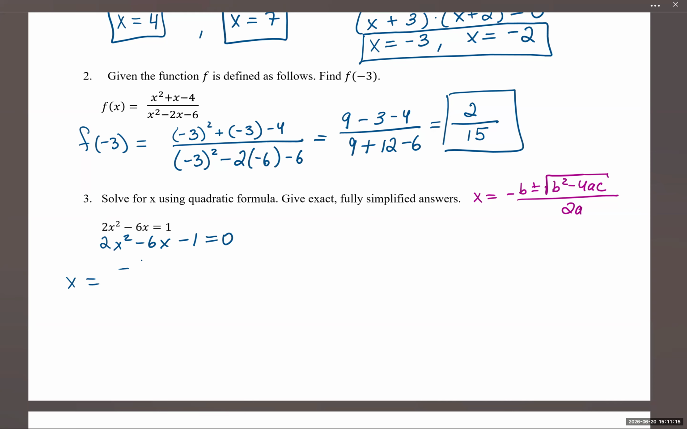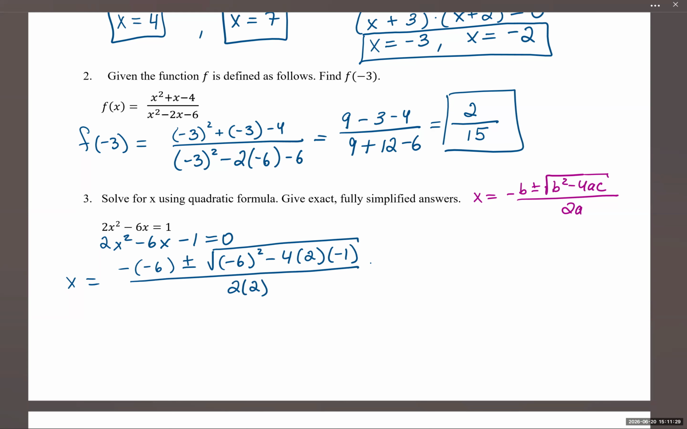B is negative 6, so that's minus a minus 6 plus or minus the square root of negative 6 squared minus 4 times 2 times negative 1, divided by 2 times 2. All right, double negative on the front, that's a positive 6 plus or minus the square root of 36 with the plus. Negative 6 squared is a positive 36. Then double negative inside, that's plus 8, divided by 4. So this is 6 plus or minus the square root of 44